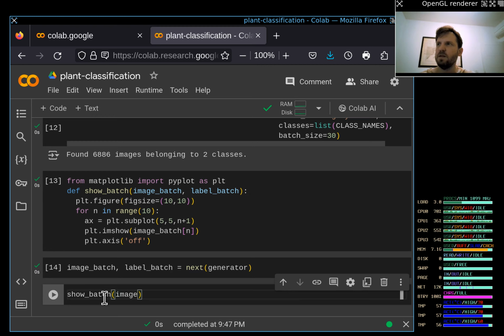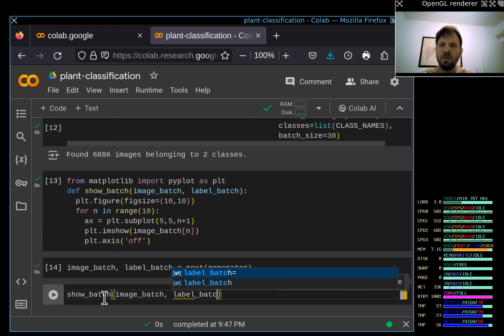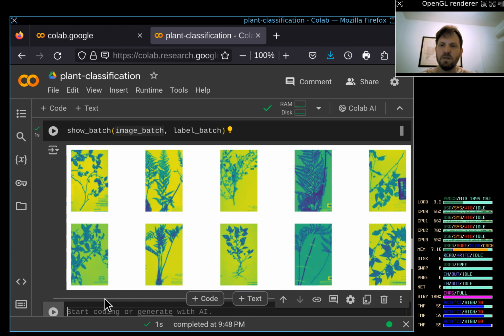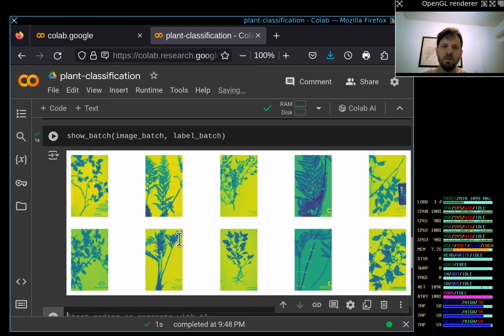And we can say image batch and label batch. And here, I am not sure if this will work. Maybe we have to reformat this a bit. No, it works perfect. So here we have our images, so we have our 5 images, as I've told you,